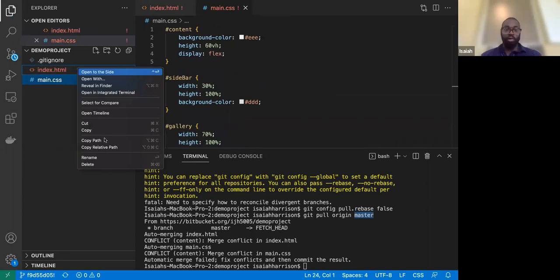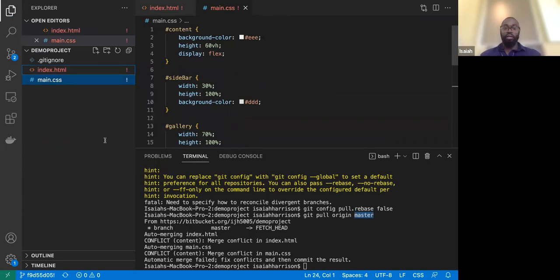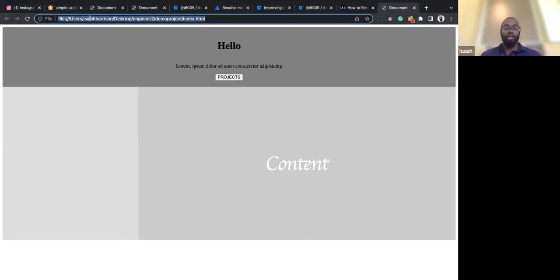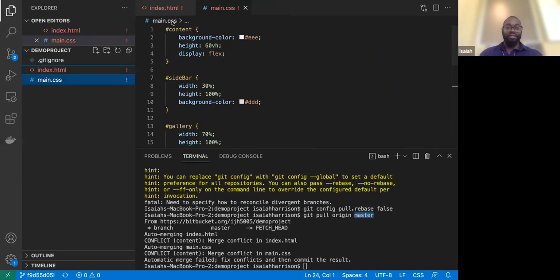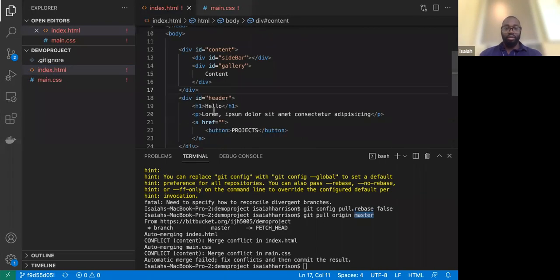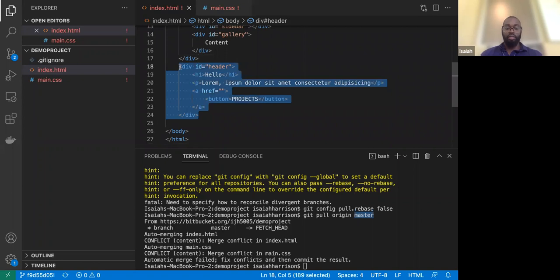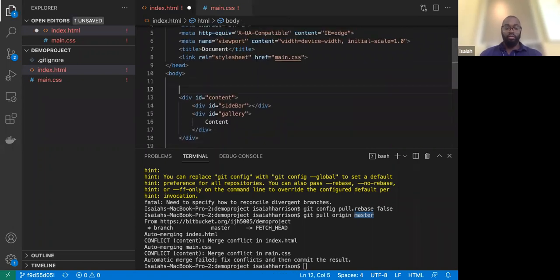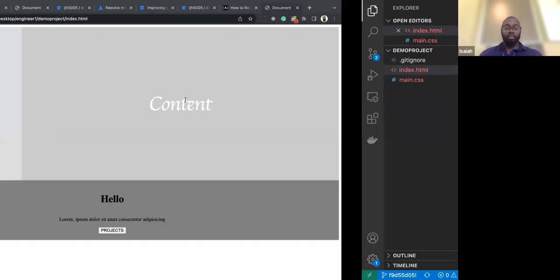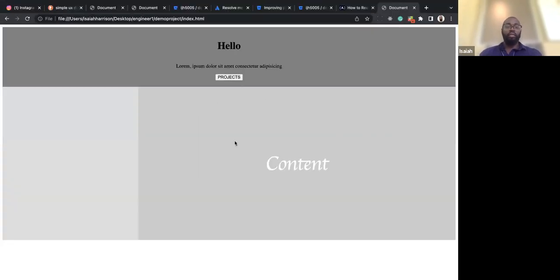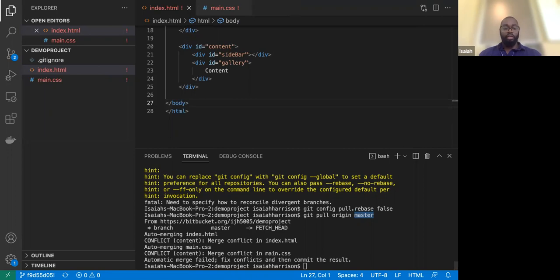Now let me open this up. Copy path. I'm gonna make sure that this looks the same. Oh, it does not. And that's why it's very important to check your code. So header goes above content. Refresh. This looks good. Now that it looks good, what I'm gonna do is a git push, actually git add off,